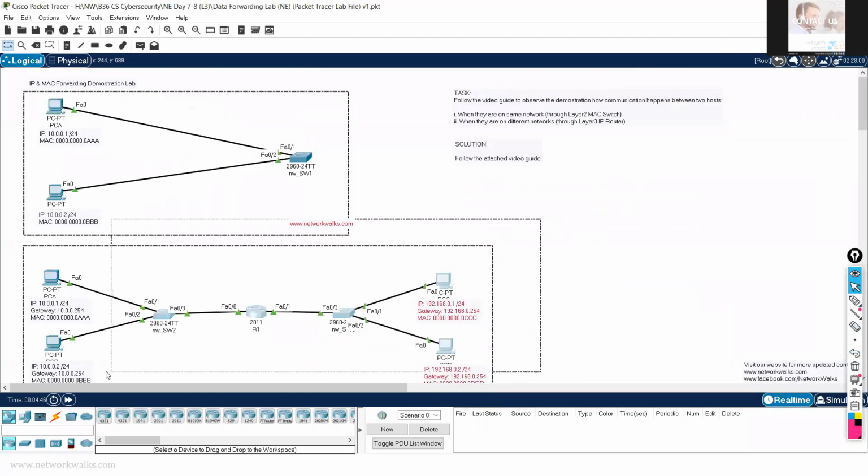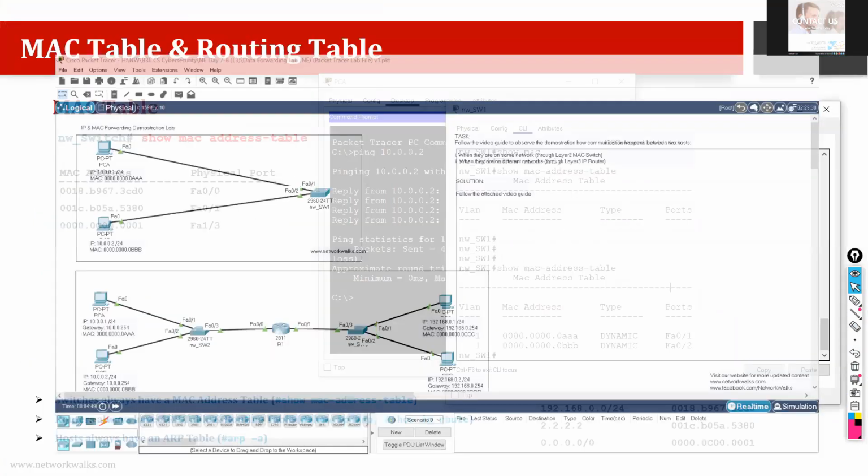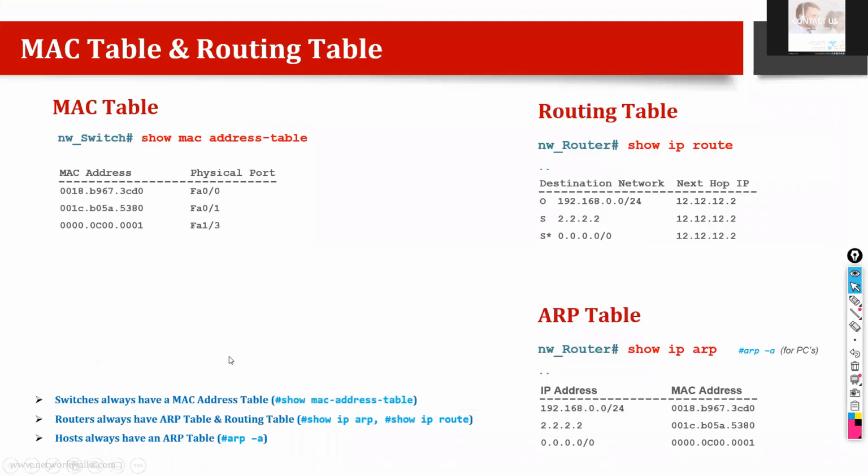Slowly we will move to the second scenario of this lab and you will know about the other tables as well. Back to our point, switches always have a MAC address table, very simple. Now the discussion is about routers, computers, hosts, printers, IP cameras, everything which works on layer 3 and layer 7, the application layer.